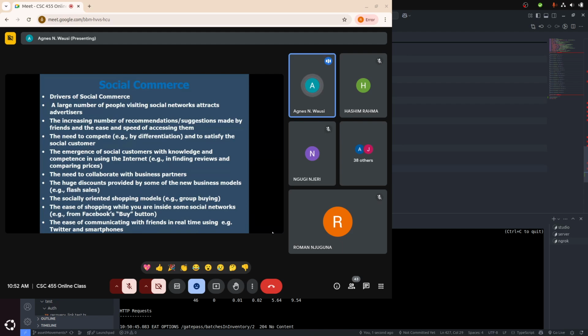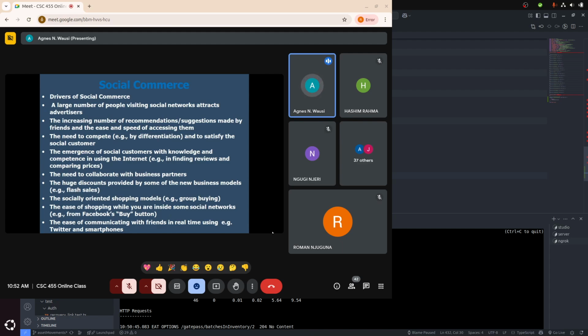When you have flash sales, it will create even a hype on social media, and you find it becoming like the Black Fridays and things like that, which are really talked about on social media. It becomes a new model where you target a certain Friday towards the end of the month. Yeah, you can do that.